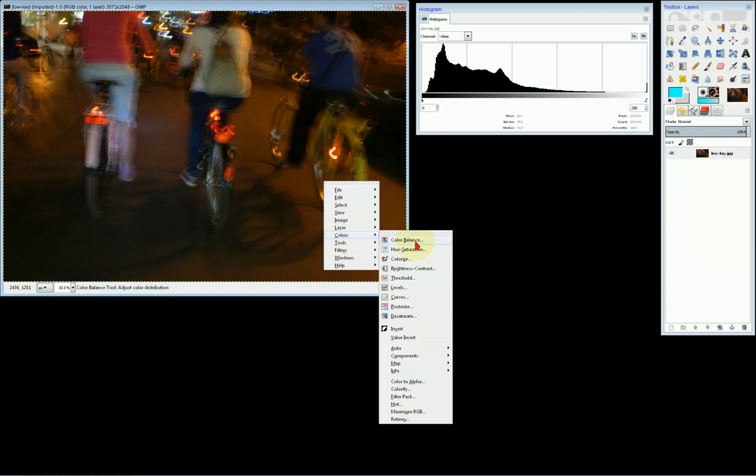Colors, color balance. I repeat that especially for a beginner in image editing, it is important to get used to having the histogram aside so as to train your brain together with your eyes. In this dialog area, you select a specific tonal range: the shadows, the midtones, or the highlights.